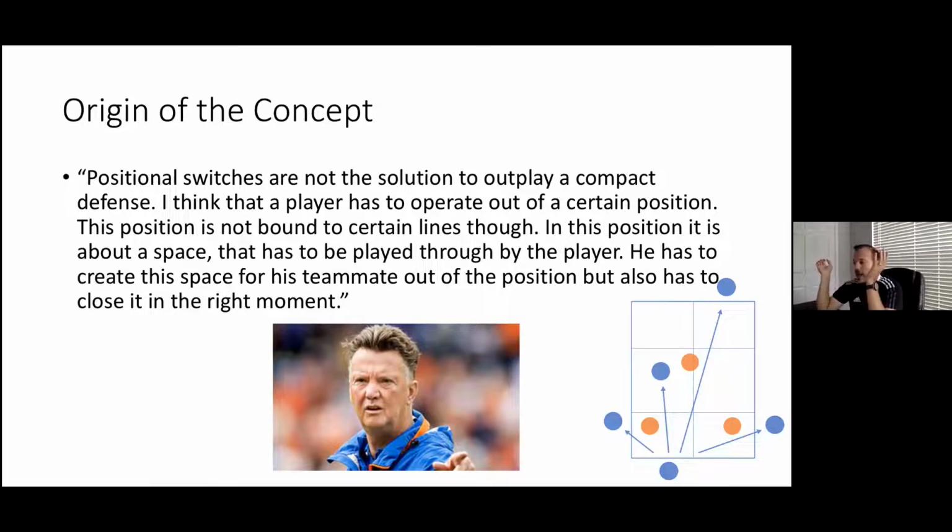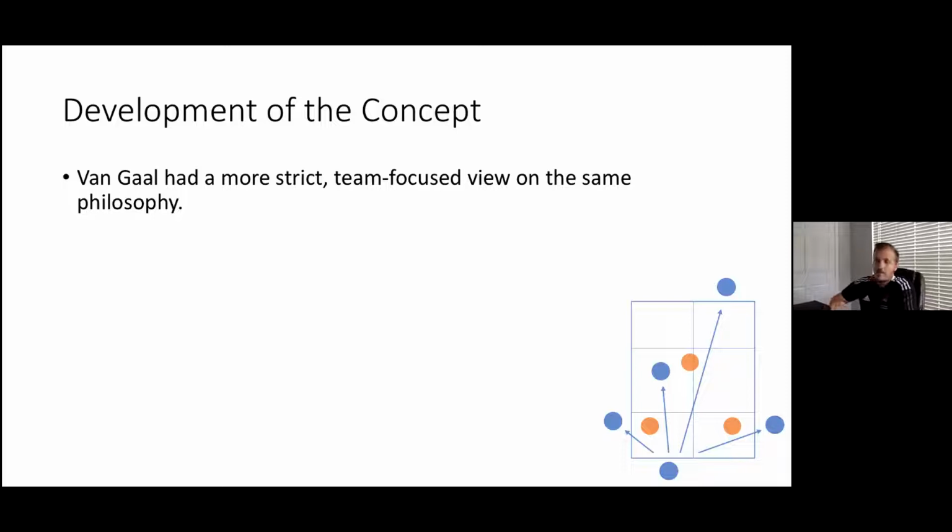So being stretched out, being spread out in a zonal sort of attack and knowing when's the moment to close that space, to run in behind, to get closer to the ball, all these little details. So he believes the way to break down a compact defense is to be a little bit more strict positionally, not to be switching around all the time. So we all know Van Gaal had a much more strict team-focused view. He was less about the individual creator, the Romario, Rivaldos, and all these type of players that he would eventually coach Rivaldo and get into arguments with them about him being more strict positionally.